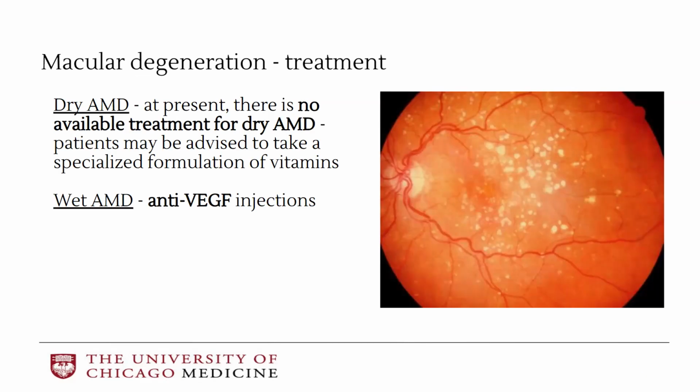One other thing to mention about macular degeneration, if your ophthalmologist says that you have macular degeneration, they might give you a grid to put up on your fridge. That's called an Amsler grid. It's basically a bunch of lines going up and down and side to side. And what they'll ask you to do is to take a few moments every day, cover one eye, and look at that grid. And if you notice that all the lines are straight,